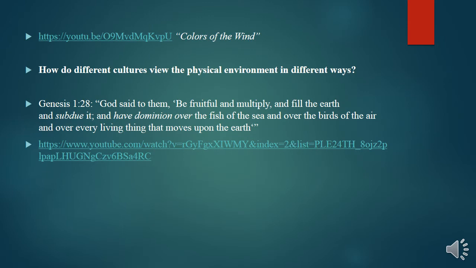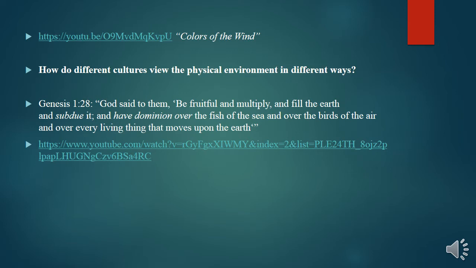One of the interesting ways that I've seen this idea of human-environment interaction, and how that might vary across the globe, how humans are expected to interact with their environment, I've seen this discussed by teachers with their students through examining Colors of the Wind, right? Looking at a fun Disney song from the movie Pocahontas, if you've seen it, where the human environment interaction perspectives of Native American Pocahontas and her love interest in that cartoon, John Smith, are compared against each other, with the Native American perspective of humans as shepherds, sort of stewards, helpers of the environment, caretakers,